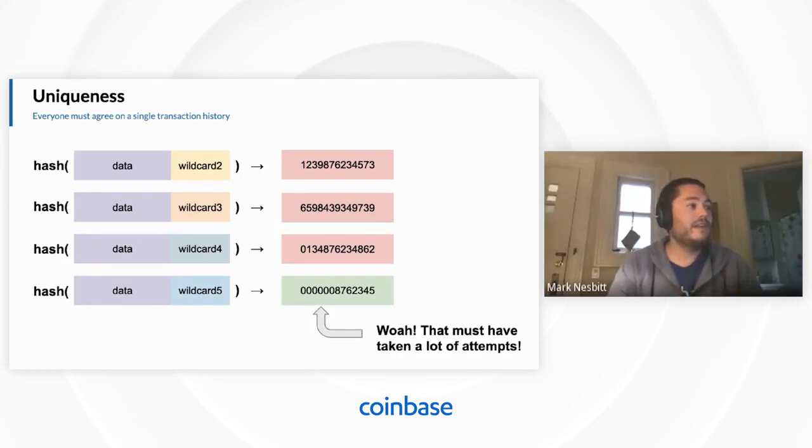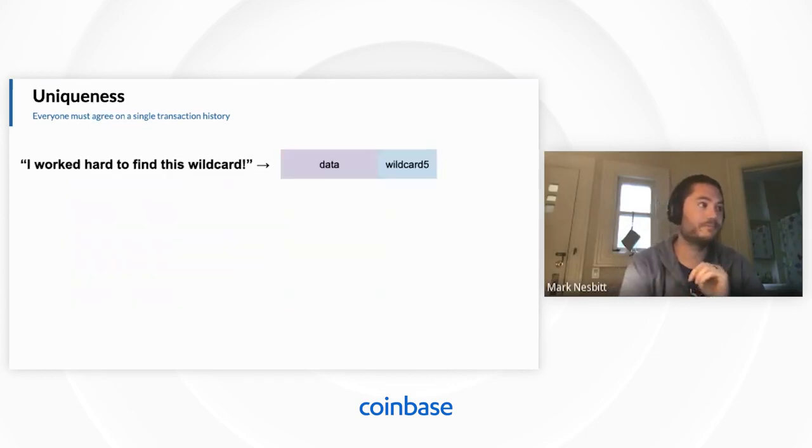And if you ever get an output, like the 4th one on this row, that has a bunch of leading zeros, for instance, but it could be a leading pattern, something unique, you know that you had to try a large number of wildcards, far more than 5, actually. This may be a little misleading to think that you can get it so easily with 5. You're going to have to try a large number of attempts, since you can't predict what this output's going to look like before you actually perform the hash function. So you know that someone iterated through a lot of wildcards if you see all of these zeros.